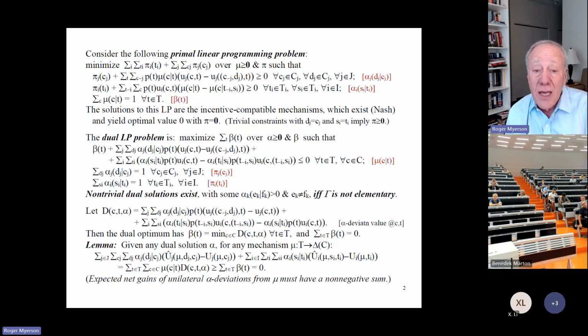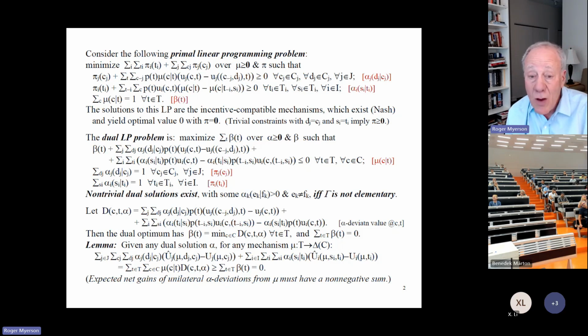Because in linear programming, for any constraint in the primal, you can find an optimal solution to the dual where that constraint has a strictly positive Lagrange multiplier or dual variable. You can find that if and only if that constraint is always binding in the primal solutions. So that's a basic fact of linear programming. And therefore, if our game is not elementary, then we can find a non-trivial dual solution, and we'll